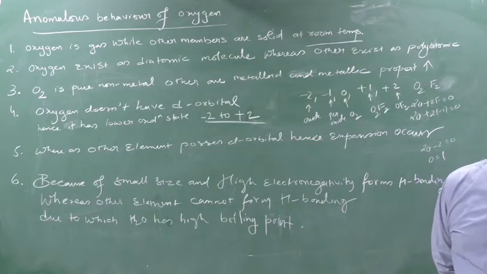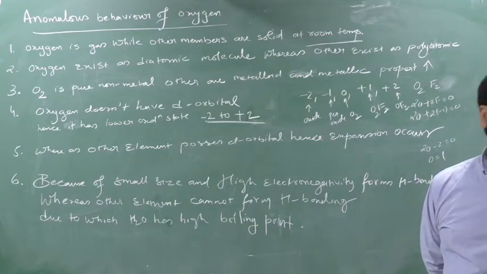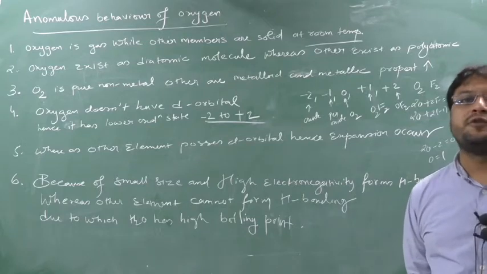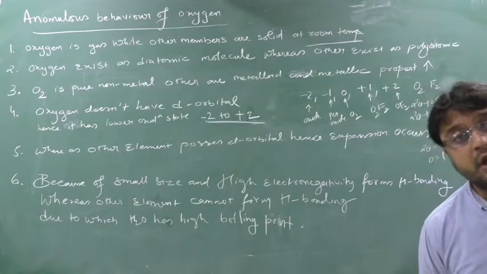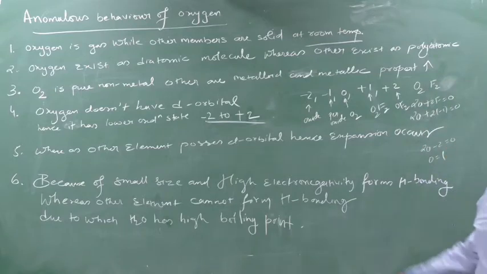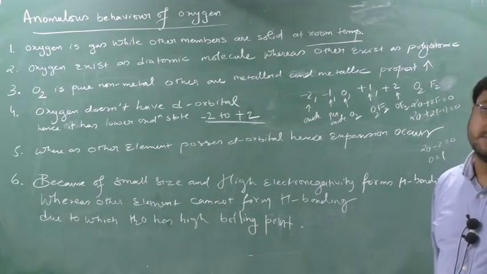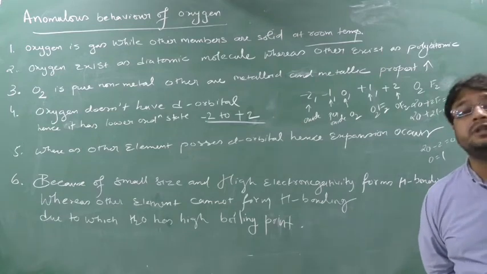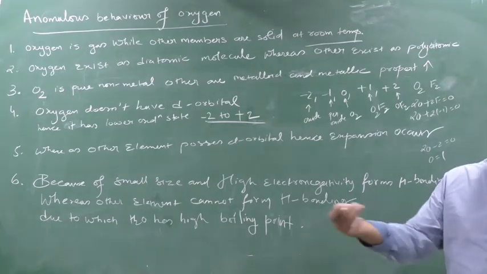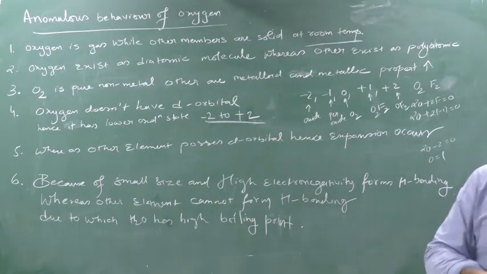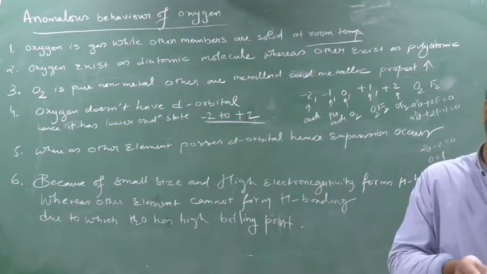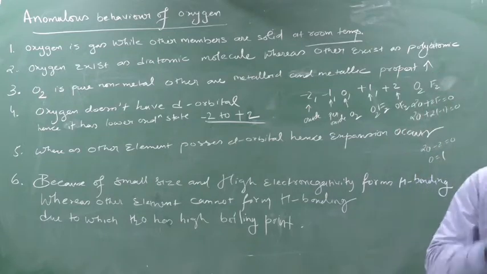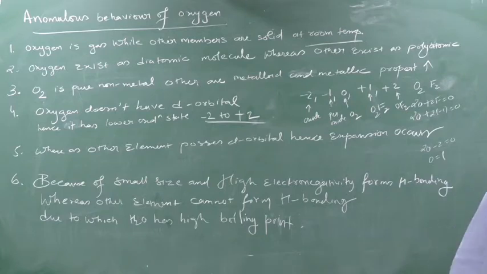Whereas H2S, H2Se, H2Te do not form hydrogen bonding. When they do not form hydrogen bonding, they cannot form a cluster. That's why the boiling point of water is more than that of H2S, H2Se, H2Te. Clear this part? Because in water, H2O, there is an oxygen, and oxygen is capable of doing hydrogen bonding. Only oxygen is the element which is capable of doing hydrogen bonding, due to small size and high electronegative nature. Whereas other elements like sulfur, selenium, tellurium are not capable of doing hydrogen bonding.